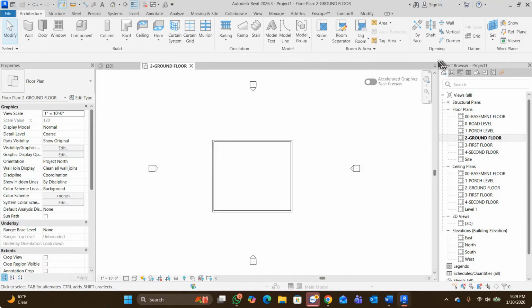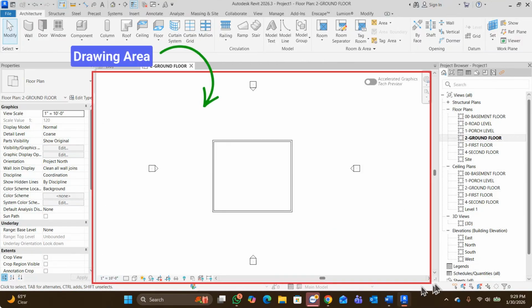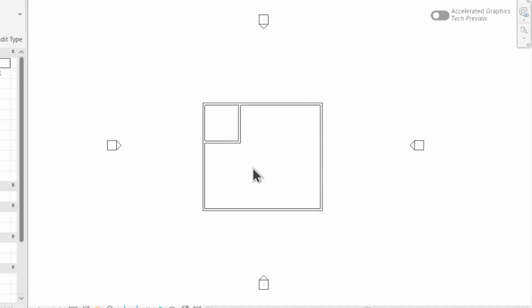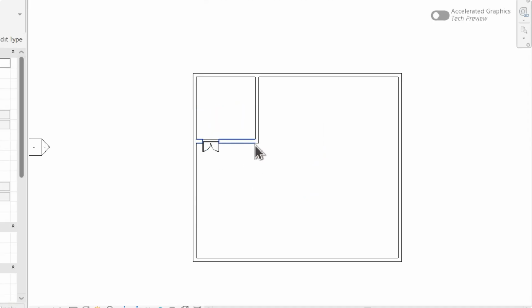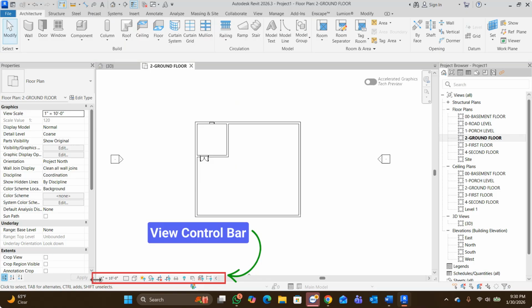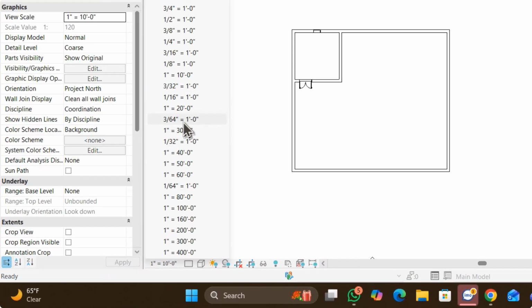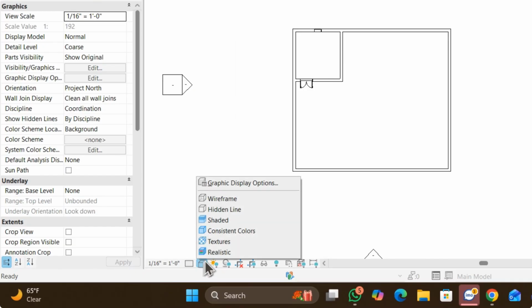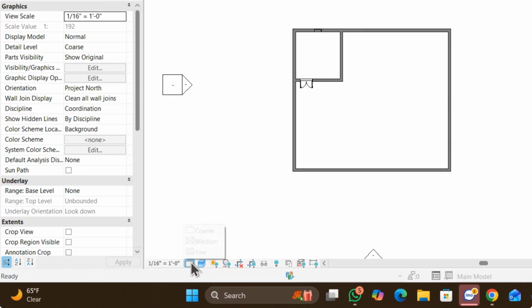Now let's move to number 4. The drawing area. The center is your drawing area where you model and draw. At the bottom, the view control bar is essential. Here you can change your view scale, toggle between wireframe and shaded modes, and adjust detail levels from coarse to